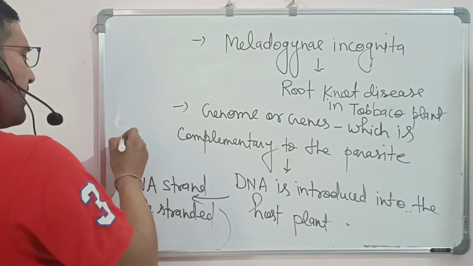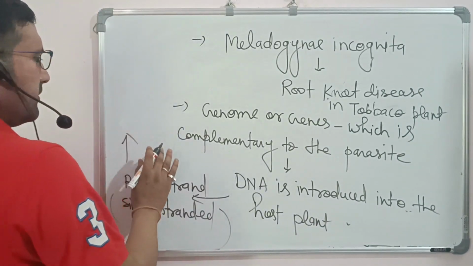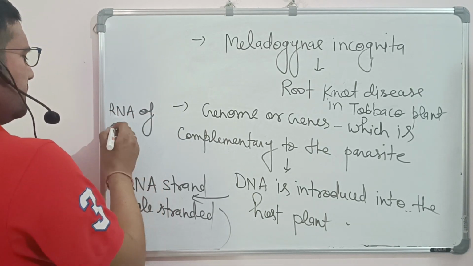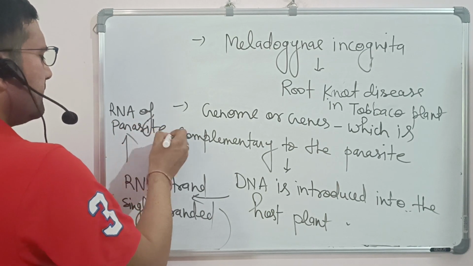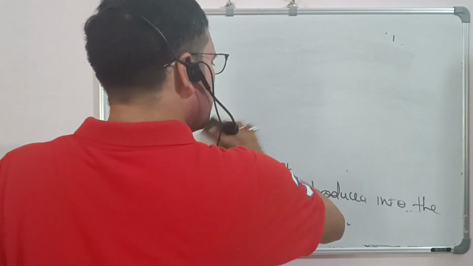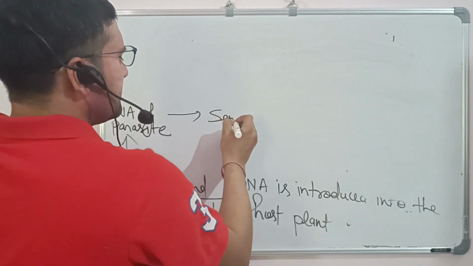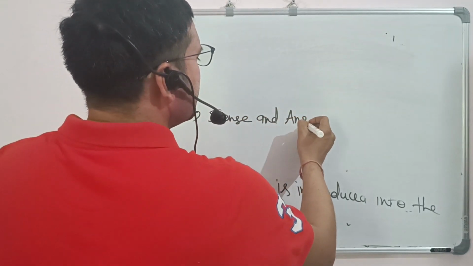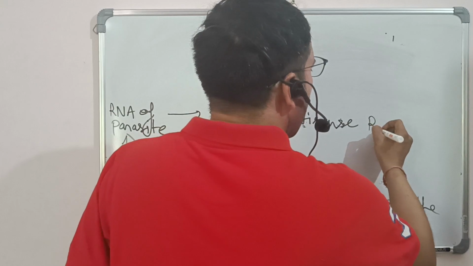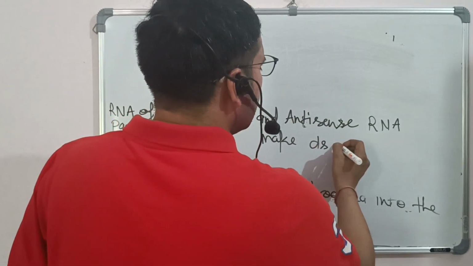And this single stranded RNA is complementary to the RNA of the parasite, and this sense and antisense RNA make double stranded RNA,